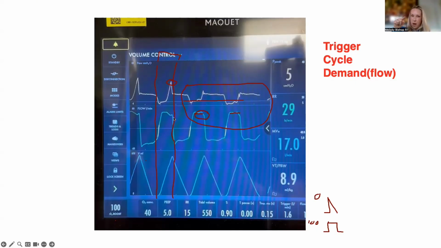Because to me, if it's a square and all of a sudden our flow is notching down, it could be because the patient is actively exhaling, decaying. Technically, I hate to say the word vector, but if you have the patient pushing the opposite way, it's going to give the overall resultant of less. Meaning the vent is used, like right here. Yes.